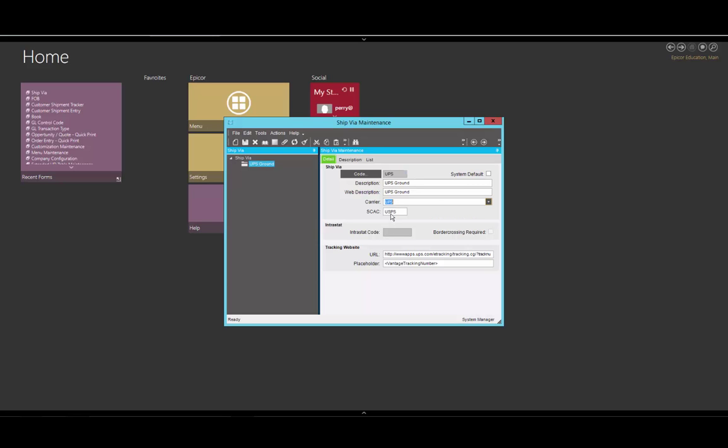As you can see, by setting the SCAC code within the carrier setup, it brought it over into the screen here in the SCAC. Down here, we can set up the tracking website as well as the placeholder. What this does, as you can see here, it holds a UPS website information. This is our basic URL in order to go to the tracking screen on UPS. If we take all of this information and go to a web browser,